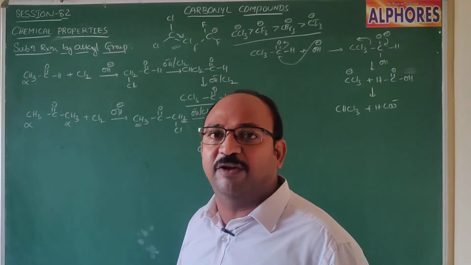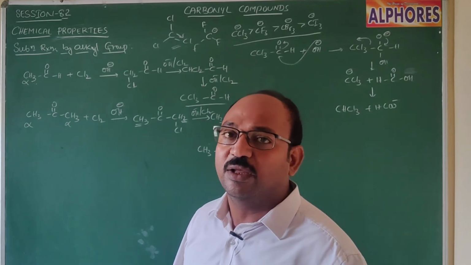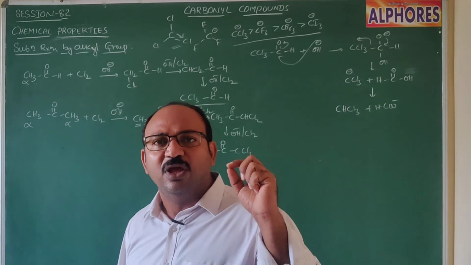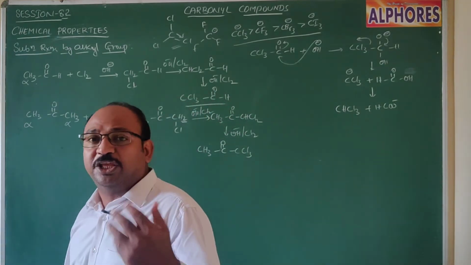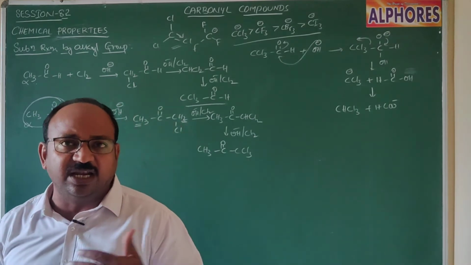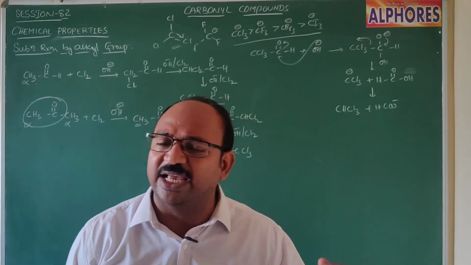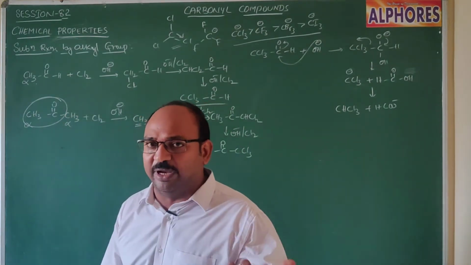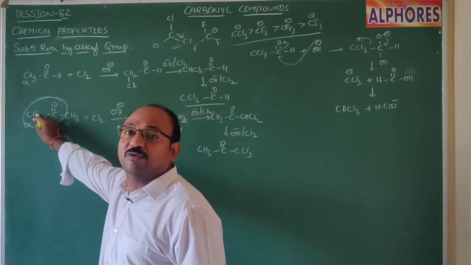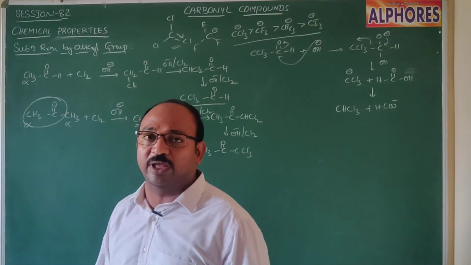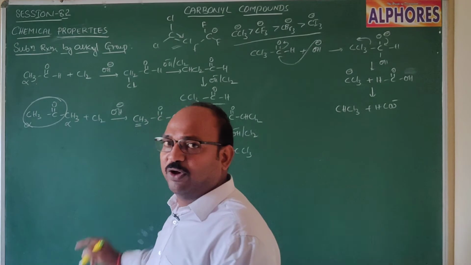Means in the aldehyde family, only acetaldehyde, except acetaldehyde no other aldehyde possesses 3 hydrogens upon the carbonyl carbon. And in the ketone family, methyl ketones, this CH3 C double bond O group must be present. In addition to that, whatever the alkyl group may be, ultimately here you are getting a negative charge here only. That means halogen displacement takes place upon this carbon only. Hence that one gives the haloform reaction.